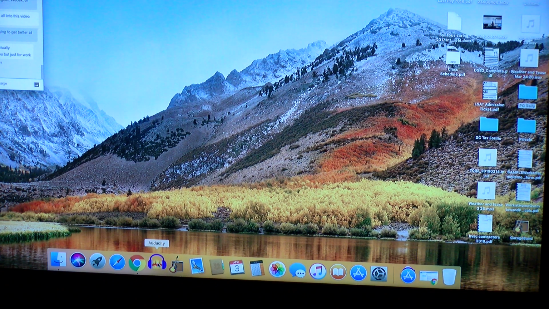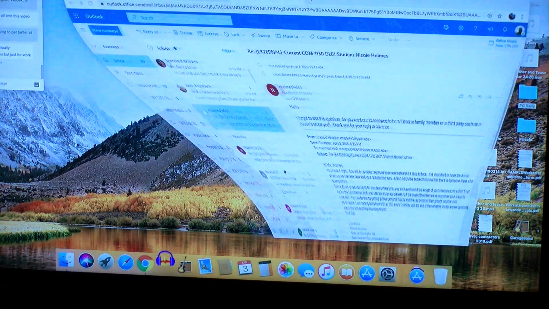So I've got Audacity on my desktop. I just go ahead and open it up, and then it'll be a matter of putting the files into Audacity. While Audacity is opening, I'm going to go into